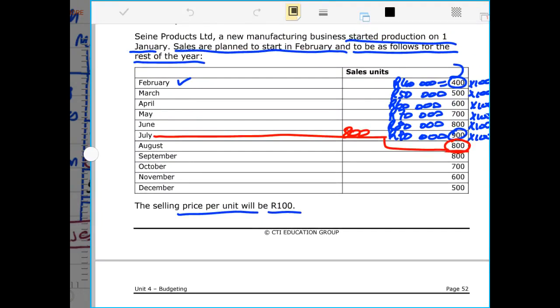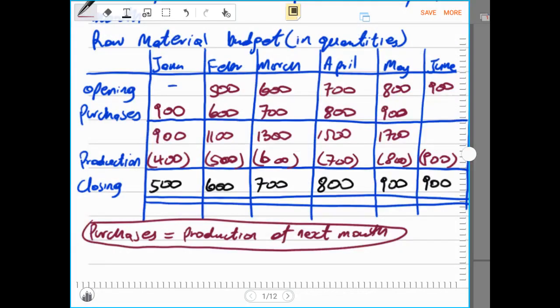Production of July, we said it will be 800 because production of July is the sales of August. So now we said production of July is 800. Therefore now production of July, which is the next month, will be the purchases of the current month. Therefore now that will be 800, and